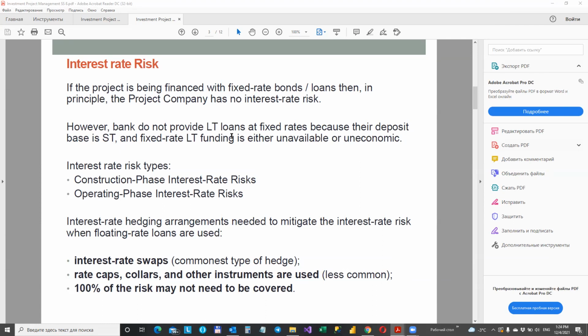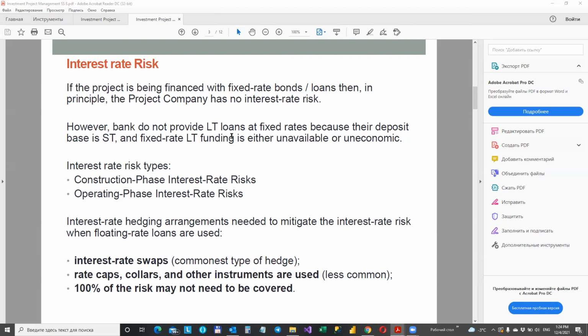And also we have operating phase interest rate risk. During the operation phase, a higher interest rate leads to a lower project cash flow, and hence a reduction in the lender's cover ratios and lower returns for investors. One simple method of dealing with the interest rate risk during the operation phase, which can be used by projects with this offtake contract,